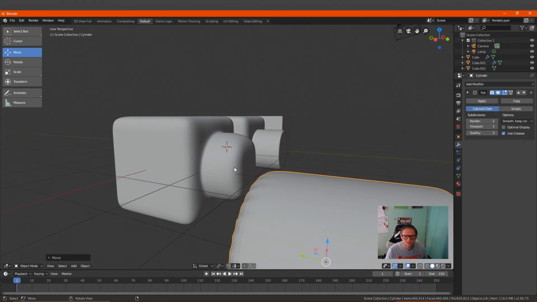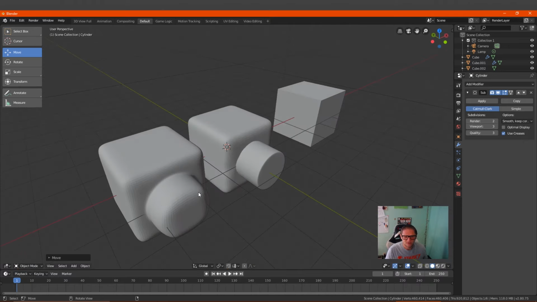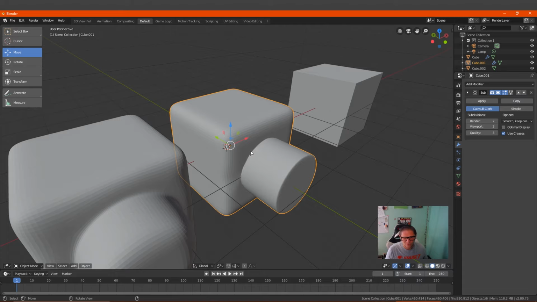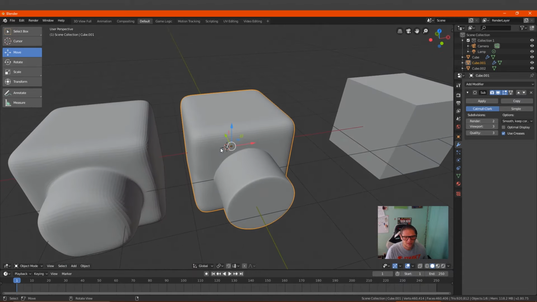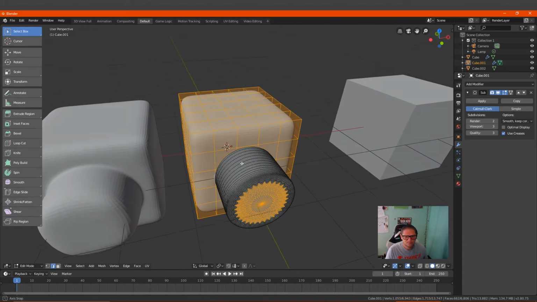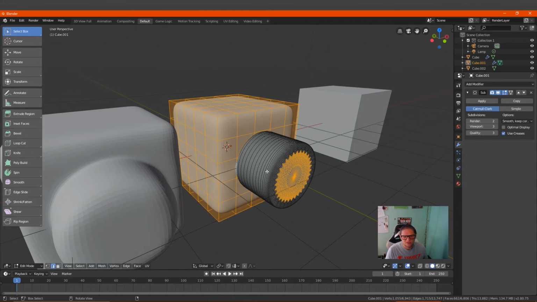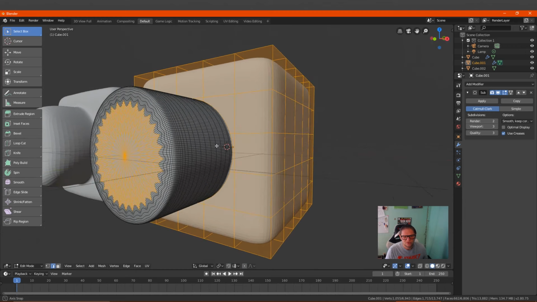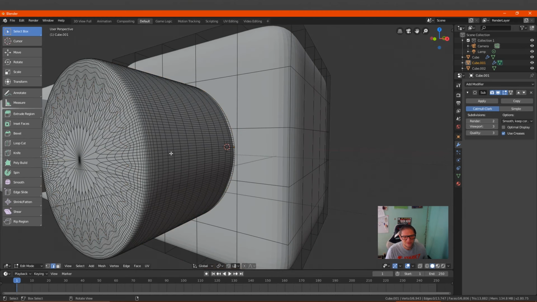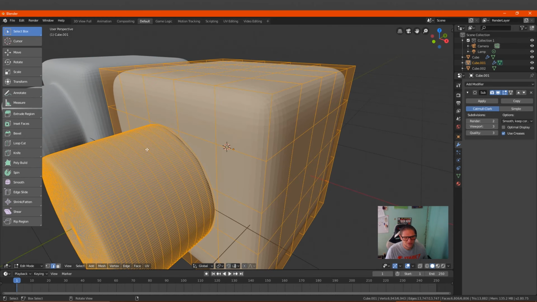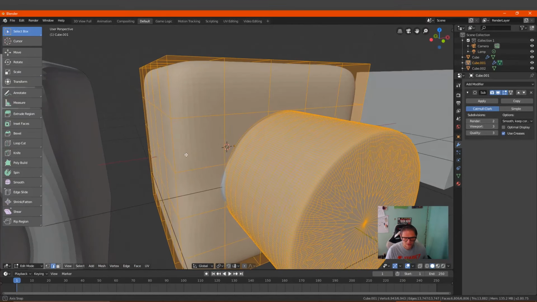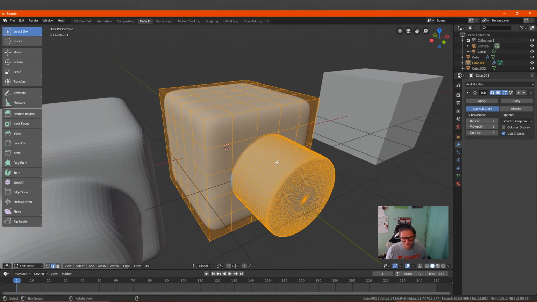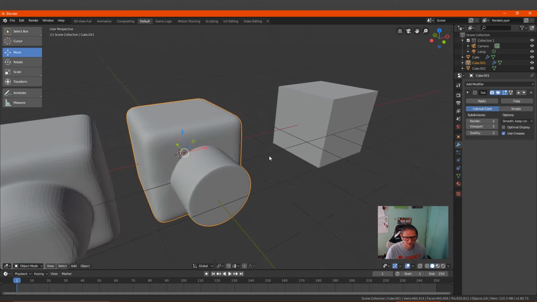So you may notice it's not quite exactly the same as this one, and that's kind of just what happens. But if you click on the object and hit Tab, you'll notice that there's a lot going on here. And that's kind of the issue that you get with Boolean, is you get a big mess of just too much mesh, too much headache. I don't particularly like using it, but in a pinch it's great, especially if you're not going to add a